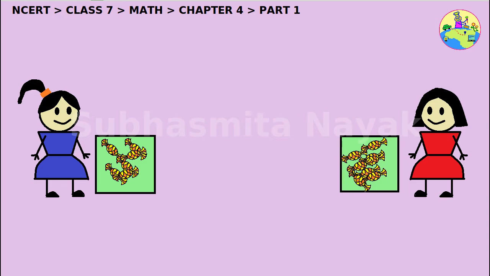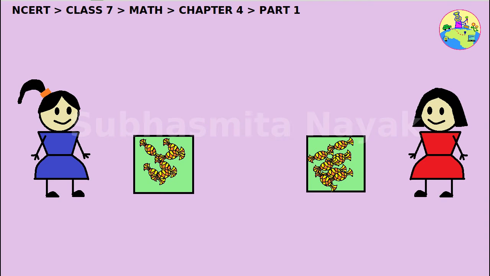The answer is no. Let us think. If Sarah has 3 chocolates, then Twinkle has 3 plus 3 equals 6 chocolates. If Sarah has 5 chocolates, then Twinkle has 5 plus 3 equals 8 chocolates. Here we don't know the number of chocolates Sarah has, but we know how many chocolates Twinkle has by taking the number of chocolates Sarah has.